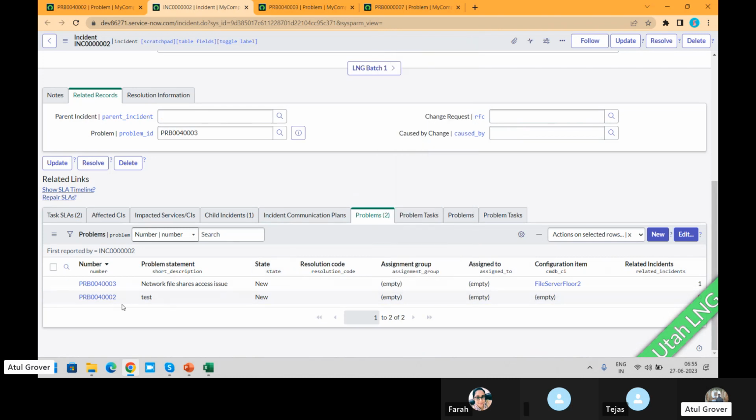Even though this is also coming here now, 4342, both are coming. It was not earlier, but now it's showing. Sometimes, to fix the incident, I have to raise multiple problem records, and here I cannot add multiple ones. You will be surprised to know that one of my customers has this requirement as well. I should be able to add multiple problem records in an incident, and here only, not here. So this is like a sum up of how many problems have been related with this particular incident.